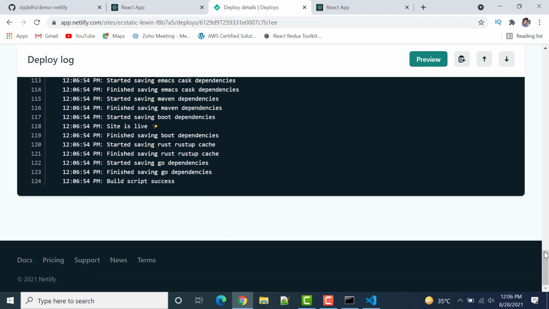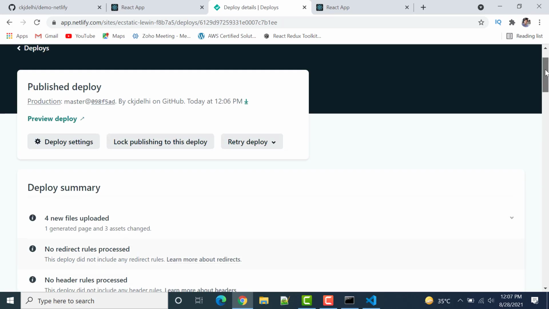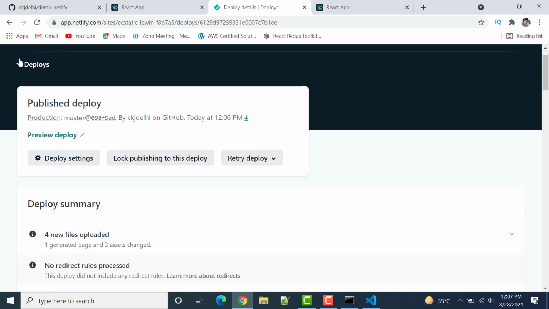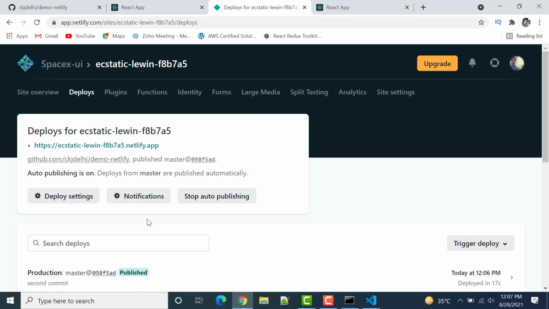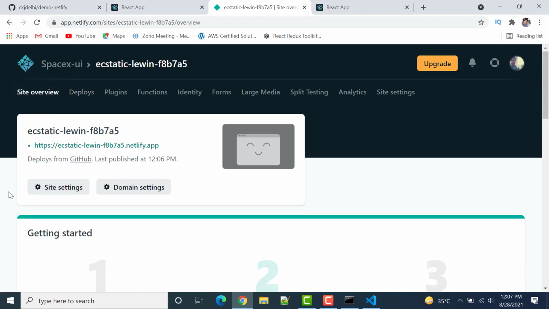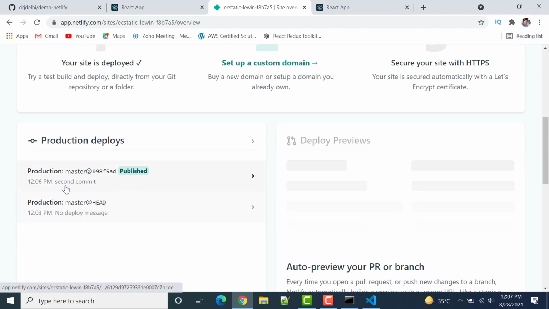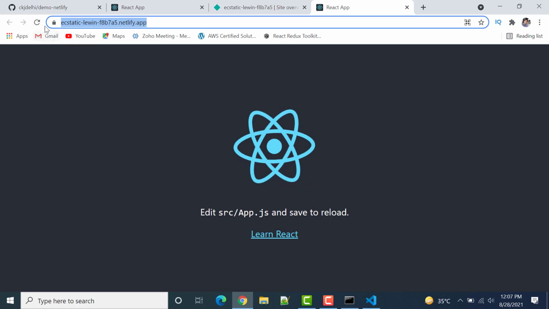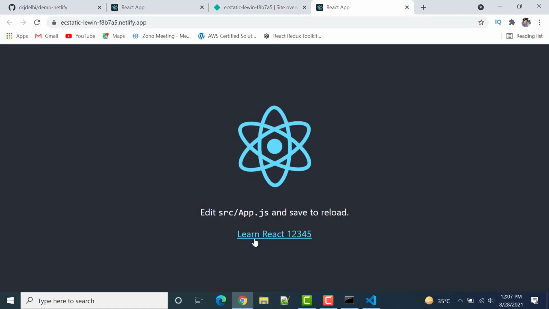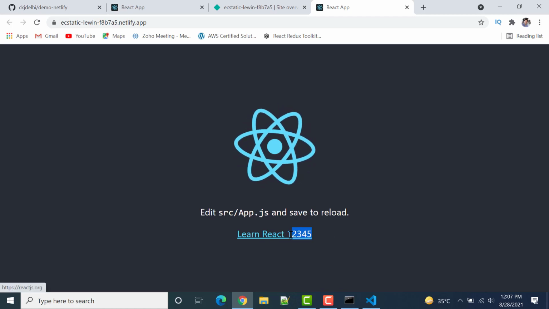Build script is success. Basically we have to wait a few seconds and you can see whether that is deployed or not. In this one we can see the second commit. You can see here the second commit is also published. If I refresh this page, you will see here React 1 2 3 4 5.